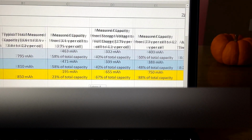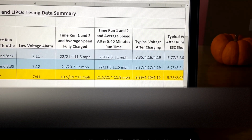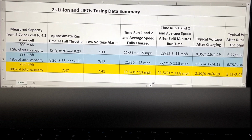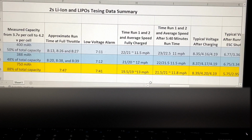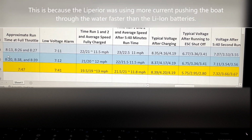However, the performance wasn't really noticeable in the boat. And there's a few reasons for this. I think the primary reason is the boat is only discharging at about 6 amps. Now, if I had run it in a higher demand RC vehicle, the difference in the two batteries would have been much more pronounced. But for this testing here, the run times were actually shorter with the Liperior 850 milliamp hour battery than the Li-ion batteries. The Li-ions were over 8 minutes, averaging around 8 minutes 30 seconds, whereas the Liperior was about 7:47, and I